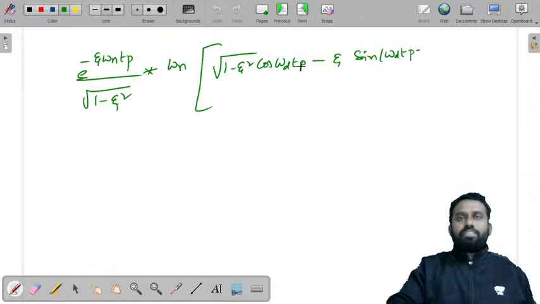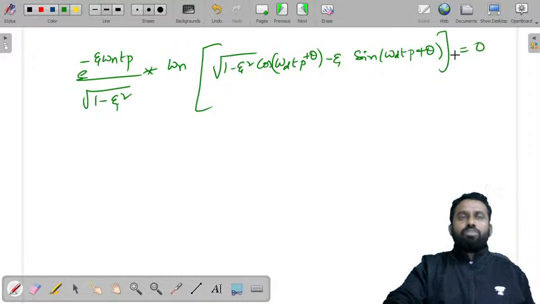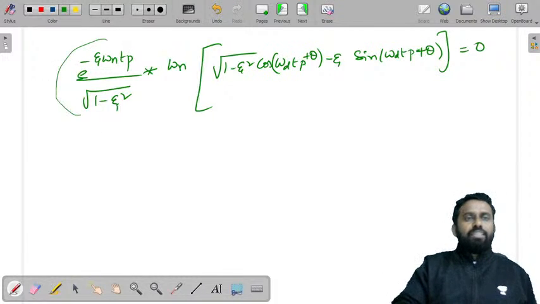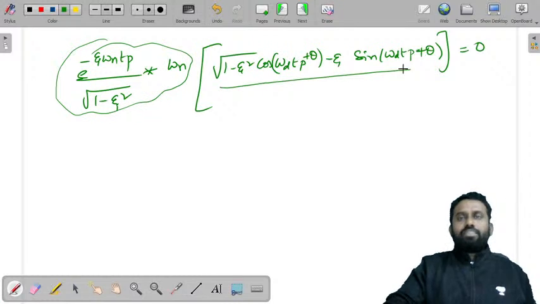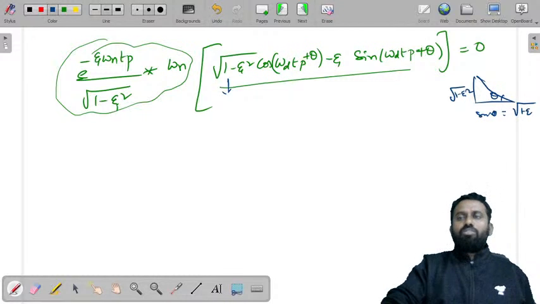You also have plus theta here, so let's write this. sin(omega_d Tp + theta) minus zeta omega_n... is equal to 0. No, you cannot make these terms equal to 0. You can only make this term equal to 0. Before that, you can write this is theta. This is under root of 1 minus zeta square. So sin theta is equal to under root of 1 minus zeta square. So this is sin theta, and this is cos theta.